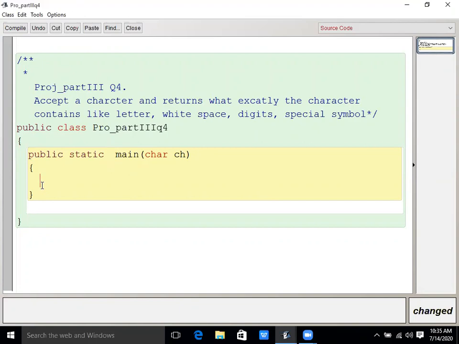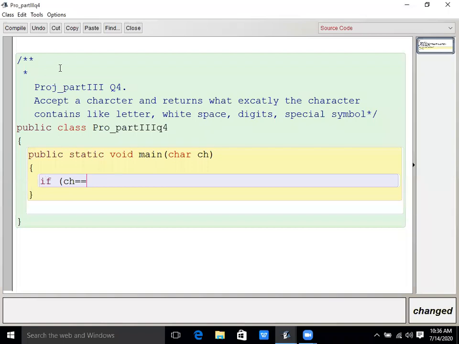First of all, I am telling you what I have to check. At the place of the void, here I will mention some data type. Okay, so what data type I'm going to mention, you will tell me. Then here, public static void main, how will I check this character first of all? So here I will write if ch equal what I will write.